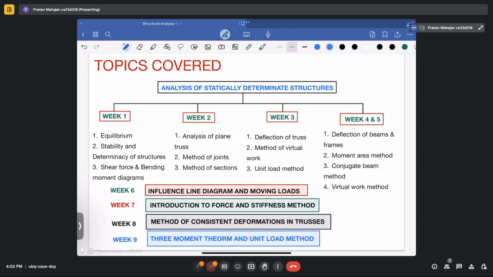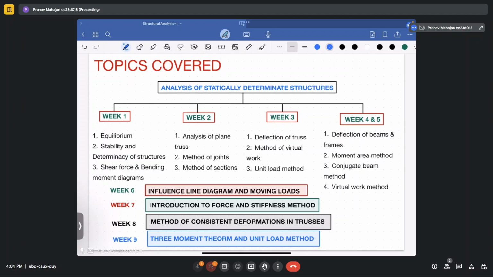the trusses using the principle of virtual work and the unit load method, wherein if you apply a unit load in a particular direction, it will give you the value of deflection at that particular joint. Then we also utilized the moment area method and conjugate beam method to determine the deflection of beams and frames. Then for moving loads, we considered the influence line diagram based upon the Mueller-Breslau principle,